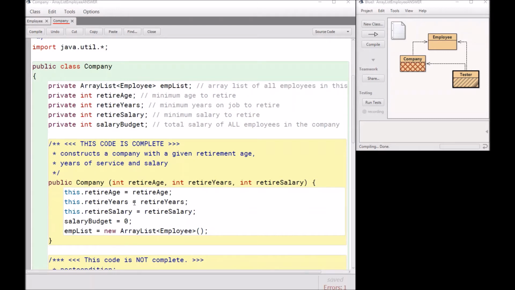you've seen constructors. So here I'm getting passed retire age, retire years, retire salary, and I'm setting the instance variables to what's getting passed in by using the keyword this. Now I know you're used to seeing this variable different than this variable, like maybe in the past we've just called this like R or something, and we'd set retire age to R. Well, you're allowed to use the same variable name here and here, but if you use the keyword this, it says you're setting the instance variable. Hopefully that makes sense. All right, I'm also setting the salary budget to 0, and here I'm declaring the emplist